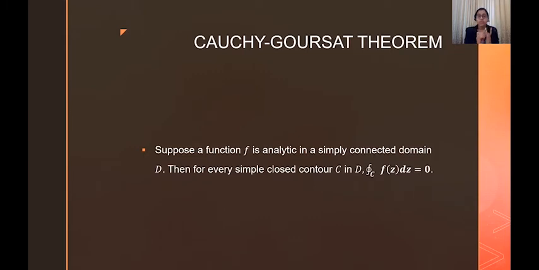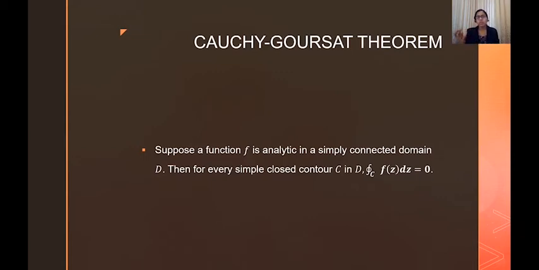Okay, suppose that function is analytic and its derivative is continuous, then the integral over C of f(z) dz is equal to 0. That integral is actually 0, so it makes it pretty easy to calculate the integral of a complex function, right? We just have to check whether the given domain is simply connected, that is, it has no holes in it, and if the contour is simple, and if the function is analytic, then we don't have to calculate anything; we can just use the theorem and write that it is equal to 0.